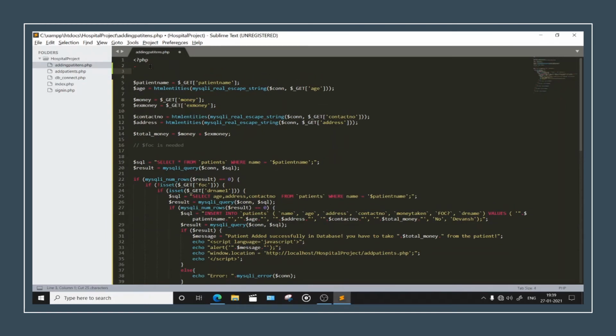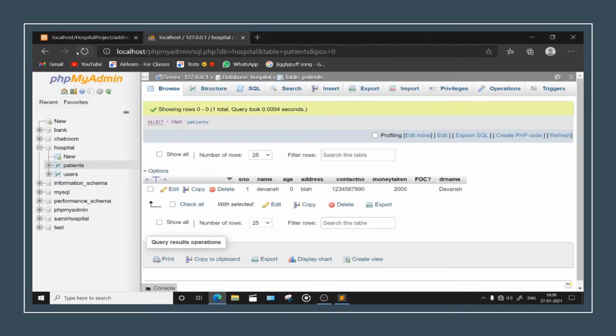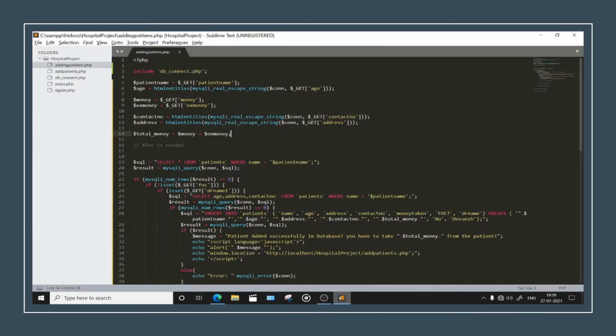Because this thing is taking $con from this file, but we have given this first and the file afterwards, so $con was used before it was defined. That's the problem. No problem, it happens. Refresh, and it's still showing some error. Alright, no problem. Then it's something else. It's not this.